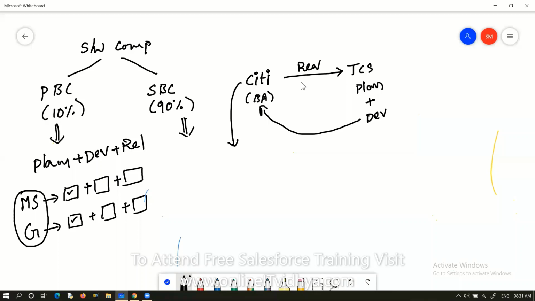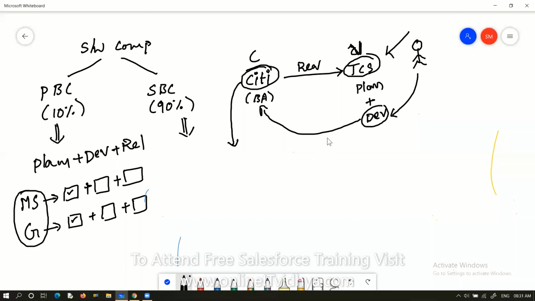So here Citibank is called the client, and the TCS company is called the vendor. We are working in software companies. If you become a software developer, you are going to work in a software company. Let's assume you are an employee of TCS. Software developers are going to be involved in the development of an application.